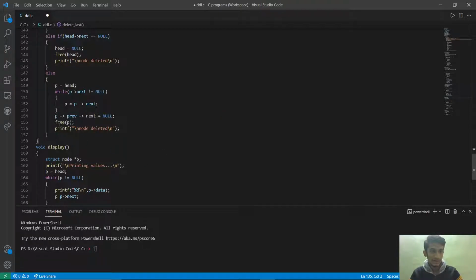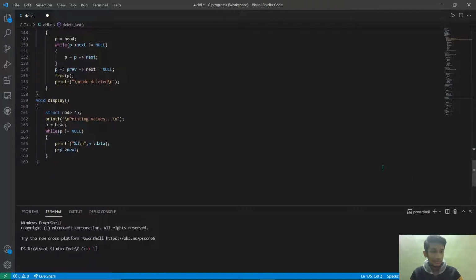Then here I am just declaring a statement, node deleted, to verify whether the element is deleted or not. Then struct node, here I am having a pointer variable, and we are going to print the values we have in the list. p equal to head, which points at the first node, whether you have 5 nodes or 6 nodes or any number of nodes.